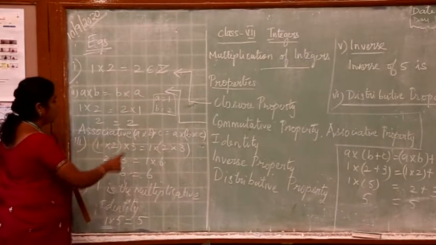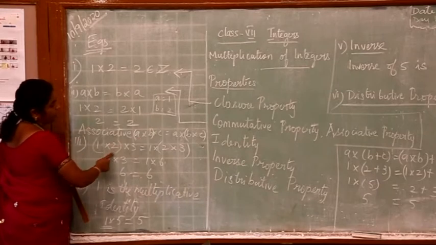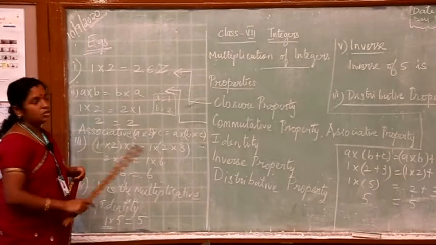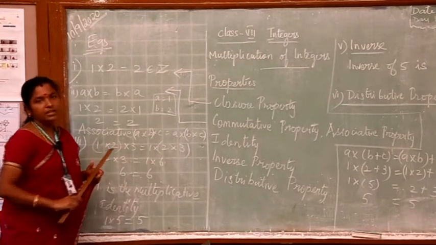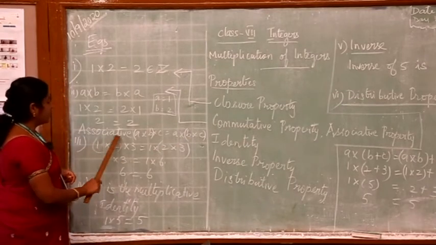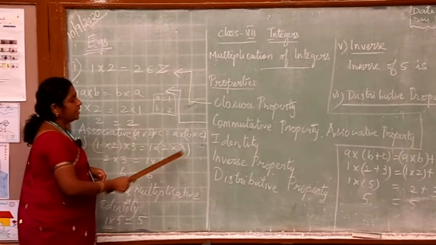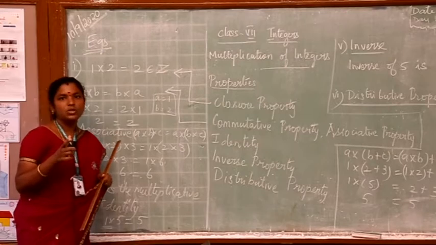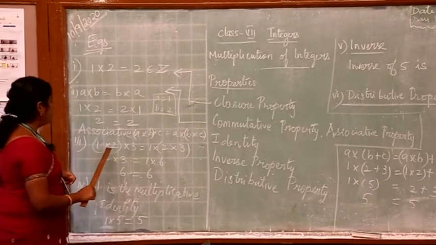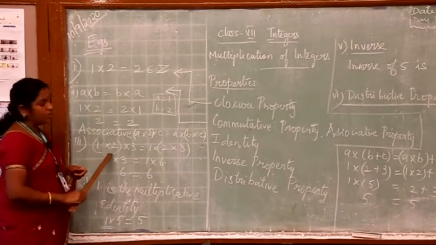So, just go for substituting A is equal to 1, B equal to 2 and C is equal to 3. In the right hand side also, A is 1, B is 2 and C is 3. We are going for the bracket, the first 2 numbers on the left, and on the right hand side the last 2 numbers. As you know, in the BODMAS system only the bracket should be solved first. So, we are going for solving the bracket first. 1 into 2 is 2.